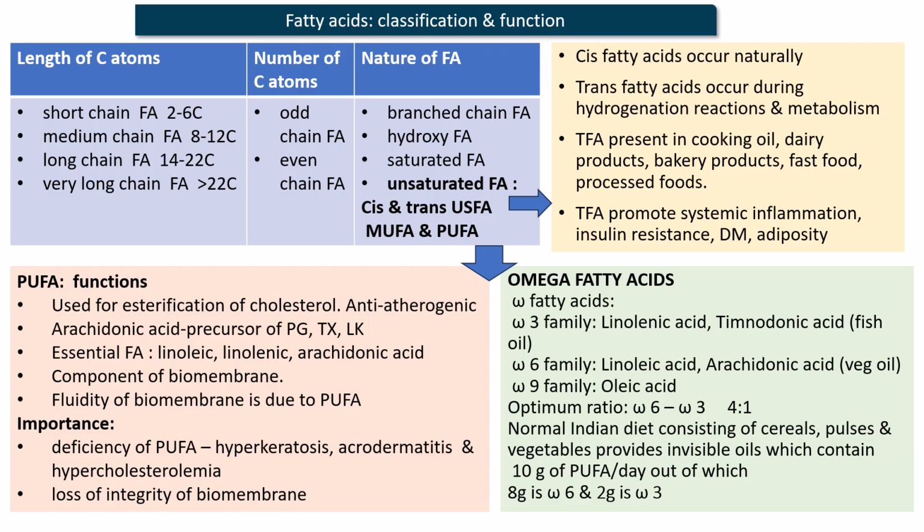Omega 6 family is linoleic acid and arachidonic acid, mainly seen in vegetable oils. And omega 9 family example is oleic acid. Now, the optimal ratio for consumption of omega 6 to omega 3 is 4 to 1. One good thing is our normal Indian diet, which consists of cereals, pulses, and vegetables, provides these invisible oils,